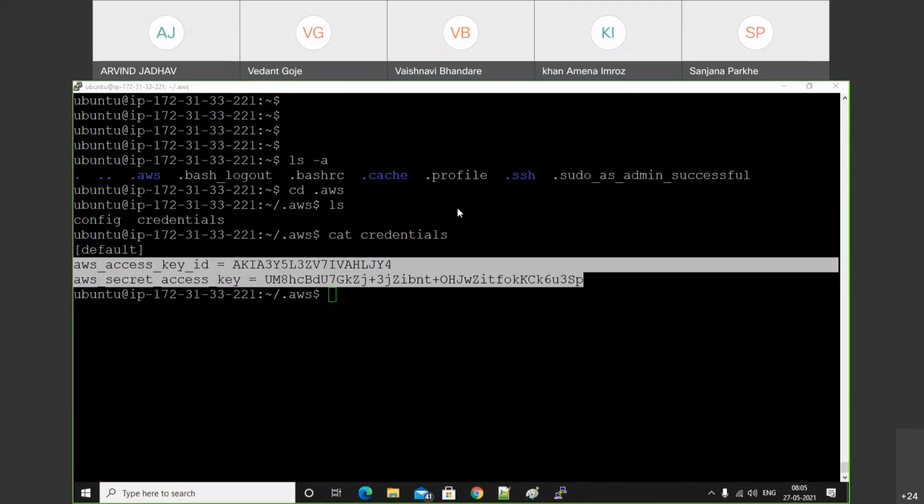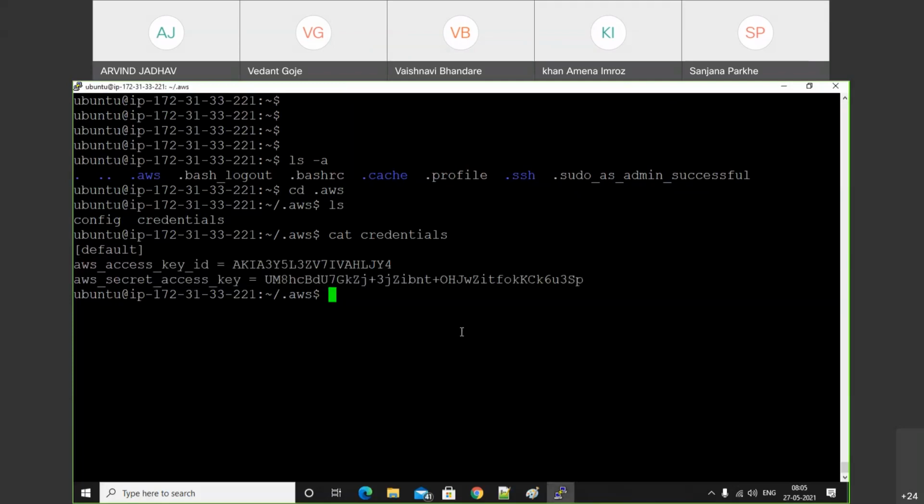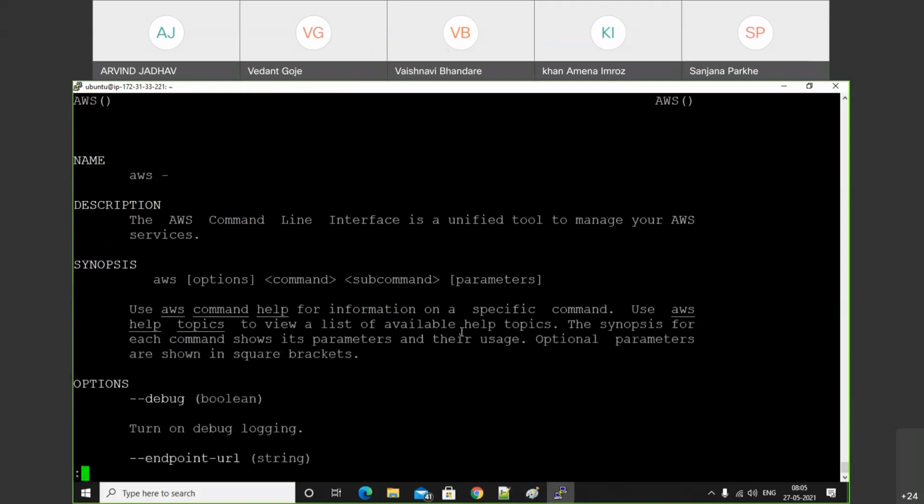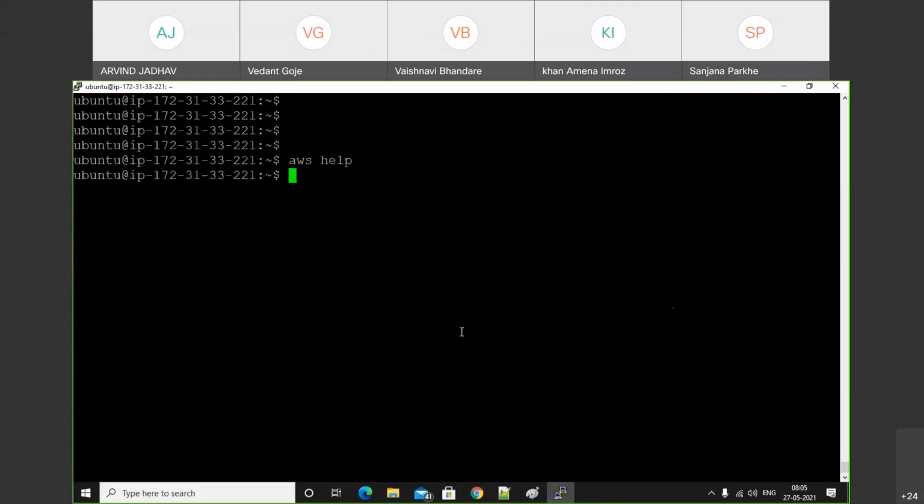Does anyone have a query for AWS CLI? Take a note of that. Whenever we install the AWS CLI, just type aws help. If we get this page, then we can definitely say that AWS CLI is successfully installed.